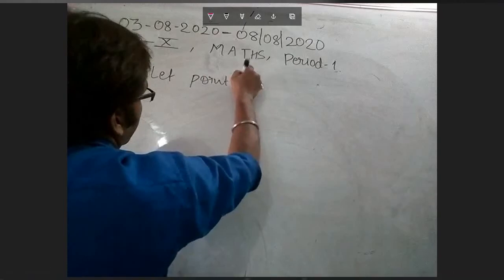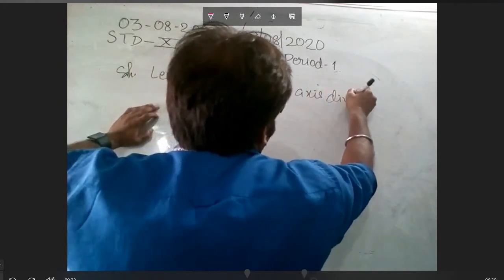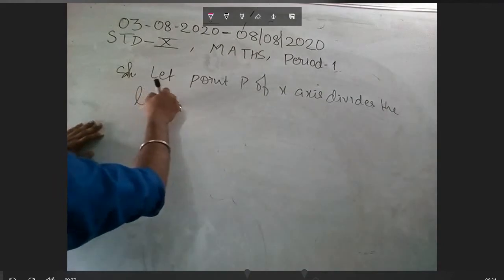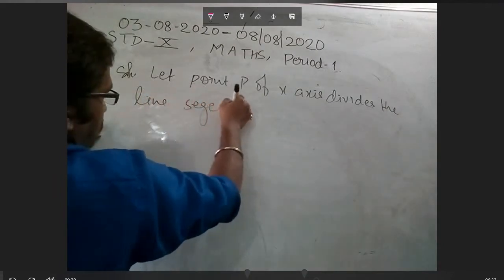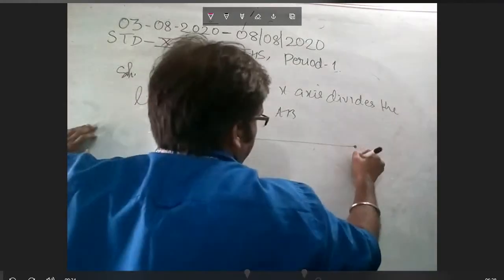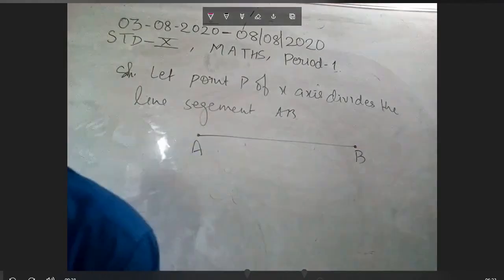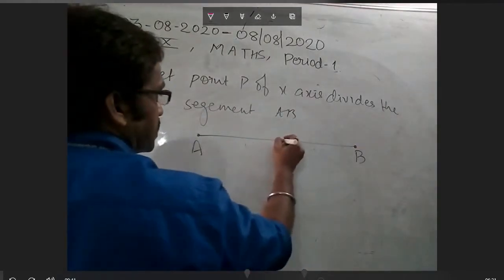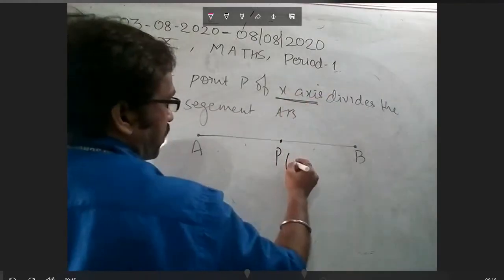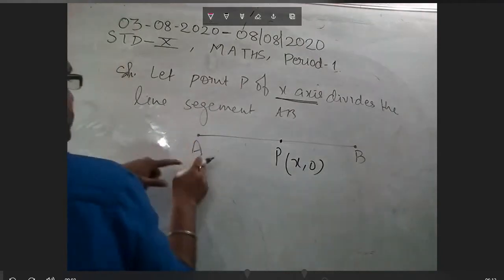We have no idea what the location of point P is, so we'll write the location of point P, that is on the x-axis. We know that it is on the x-axis, so the location of that point will become here, let x and 0. Through this figure I will explain more nicely. I have no idea about this, so it is an unknown quantity, so this is x and 0, but one thing is very clear, that it is on the x-axis, that's why the y point is 0.